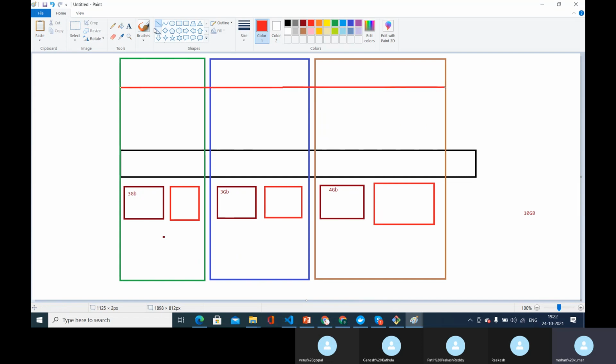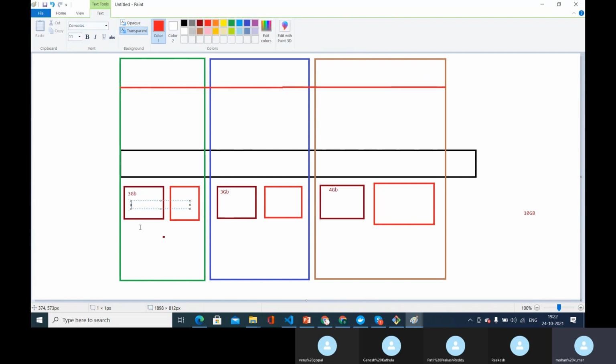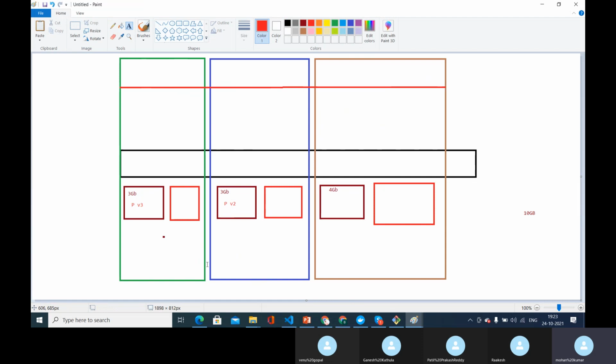on this particular hardware, let's say I install Python version 3. On this one, I install Python version 2. Okay. So I have split the hardware systems into multiple parts so that I am able to divide them. So this doesn't know what is there in this particular hardware and this doesn't know what is there in this particular hardware, so that we will be able to install the different versions of software.